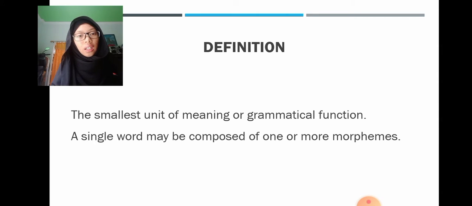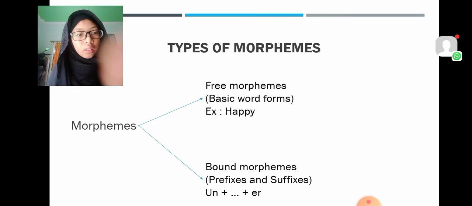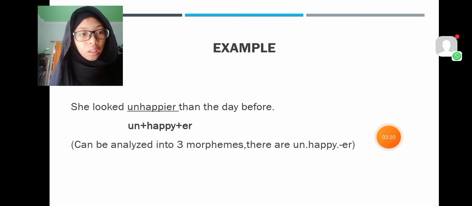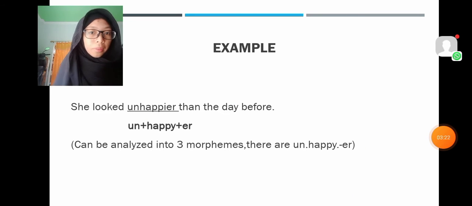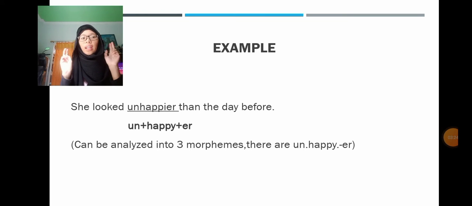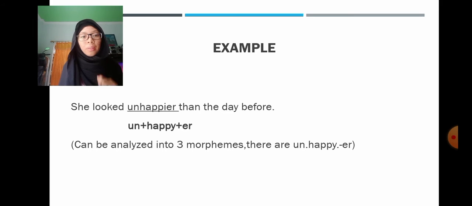And then, example. She looked unhappier than the day before. As you can see, I bolded the word unhappier. Un plus happy plus er can be analyzed into three morphemes, that are un, happy and er. Okay, then next,